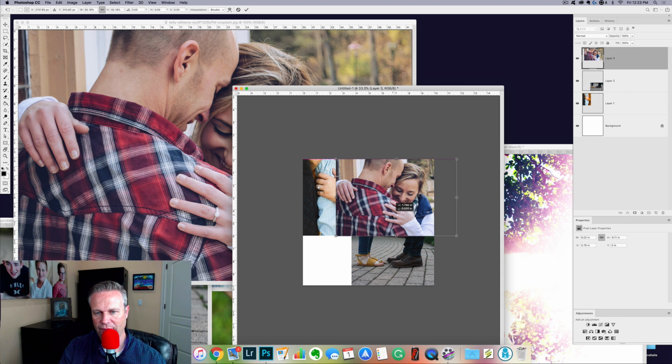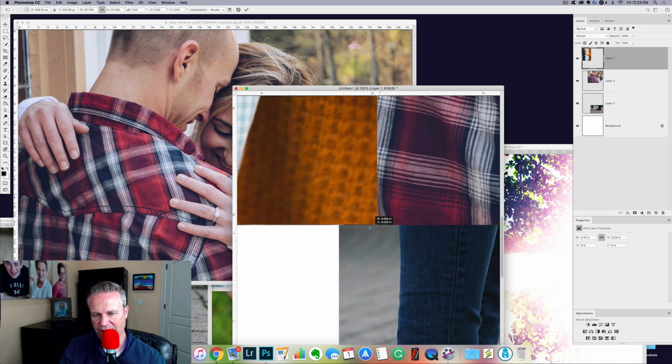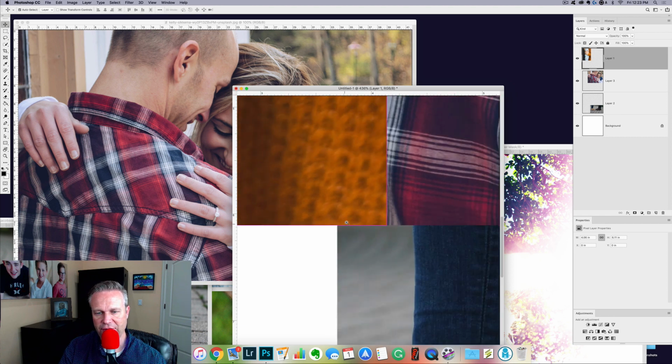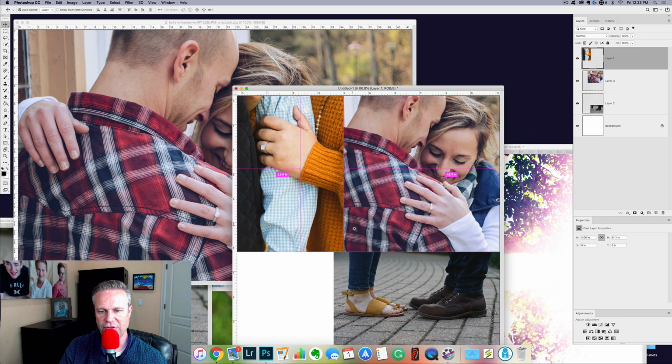Slide it over. Okay, but I want it to be below the rings. So what I can do is just take my rings and move it up. Okay. Now, I've got a little bit of a problem with that showing right there. So if I just take it and make it a little bit bigger, no more problem. Although, you know what? I'm probably going to want to line these up. If it's a collage, I want this to look good. So I'm going to line those up. So I zoomed in to do that. And if you remember, without going to the zoom tool, if you hold down the Command and space bar, you can zoom in and out